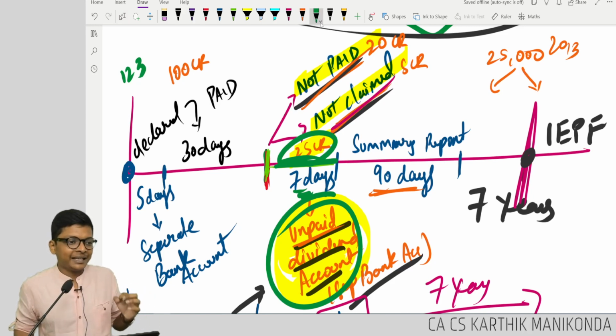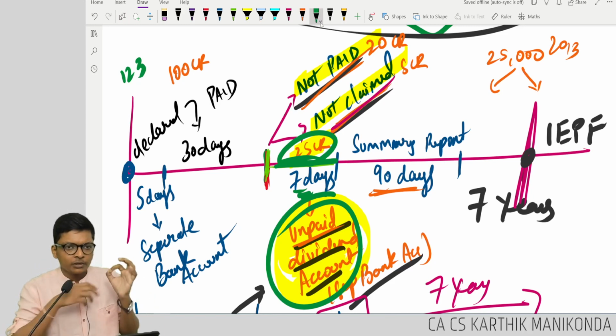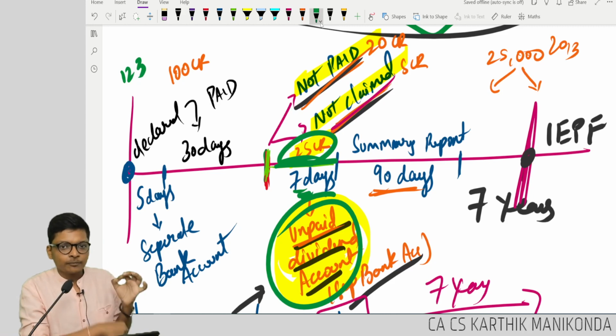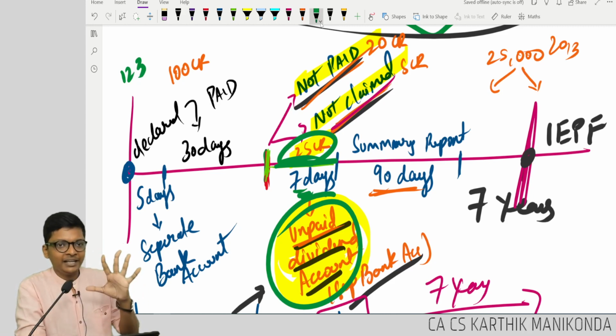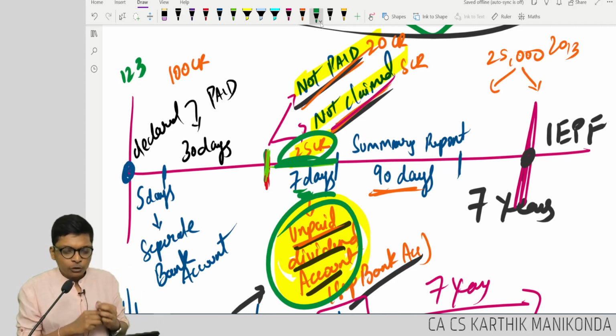Let's again summarize. Get the timelines clear into our system from the exam viewpoint. Once dividend is declared, transfer to a separate bank account within 5 days. Then it has to be paid within 30 days. If it is not paid or not claimed, transfer to the unpaid dividend account, a separate bank account, within